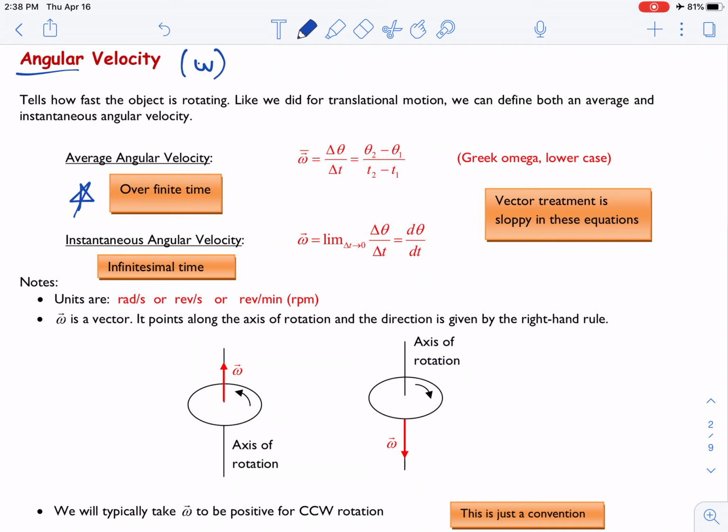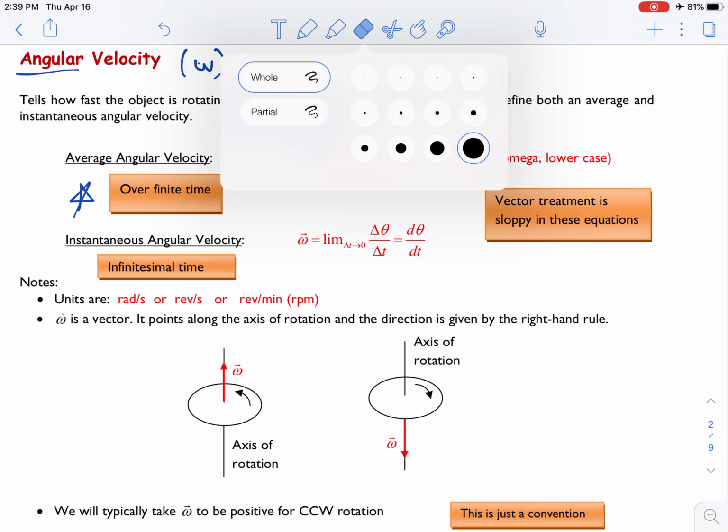Okay. So it was over a finite time, and you know that it's the change in position over time. So delta theta over delta t. And I'm just going to write the linear version here. We had v vector bar, which shows the average, and we said delta x. So if this was for the x, that's delta x over delta t. Or if you use the general equation, I think that would be even better. Instead of writing the x component,